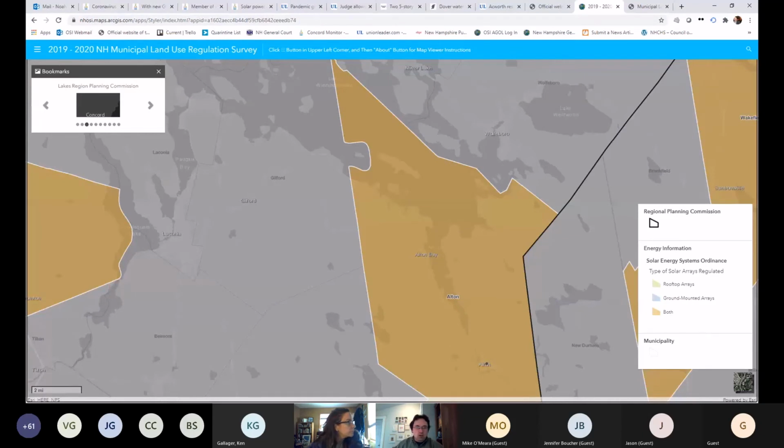So the next step is what we're going to do is try to take this a step further and say, okay, I have found this map of solar energy systems ordinances. The goal was initially, remember, to try to locate communities that have these, to try to look at what is in another community's solar energy systems ordinance. So while I don't have the exact link to Alton's solar energy ordinance,